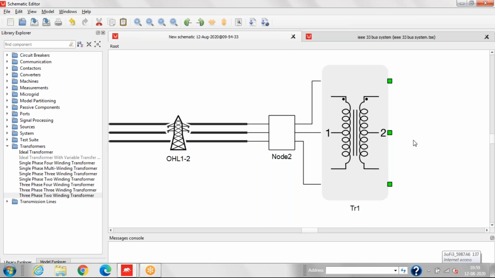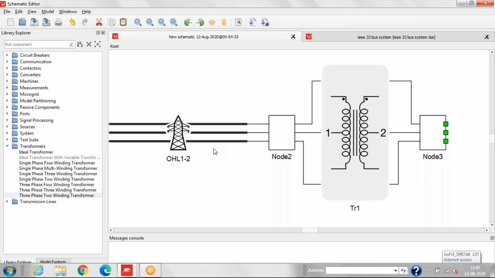Now we have done the transformer. Now we'll create node 3. For that, we'll copy only node 2, because node 3 will be similar to node 2, as all the calculations will be the same. Now we'll connect this node 3 here.